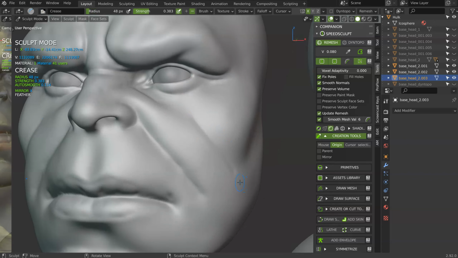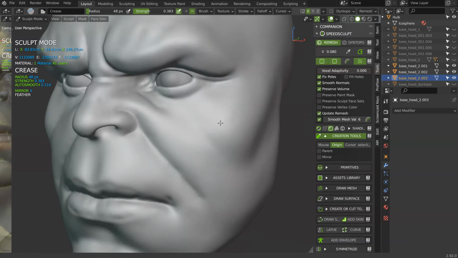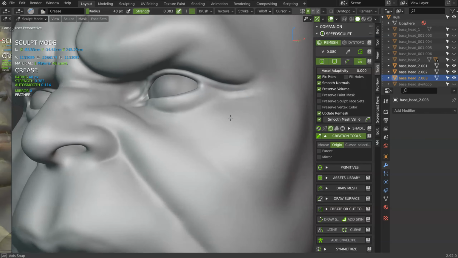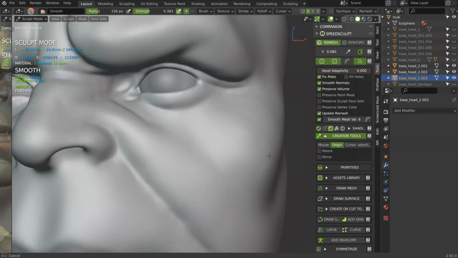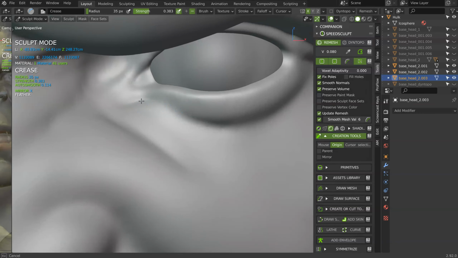I don't make something like that, I make something like that and then smooth it like that. Let's use the clay on this part. I add and I smooth, Shift C. The one I really use the most.